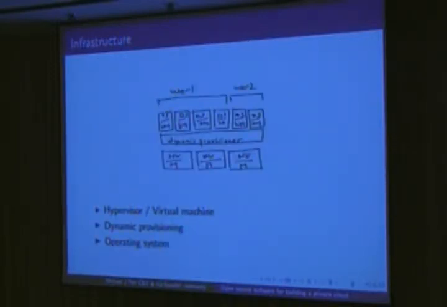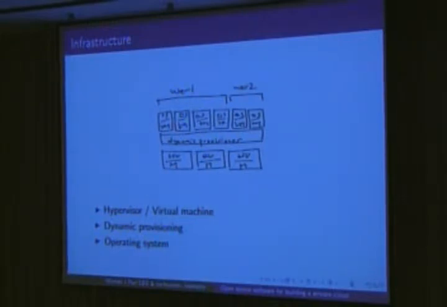Okay, so looking at infrastructure, the infrastructure is really composed of three main things. You have a hypervisor and virtual machine, you have dynamic provisioning functionality, and you have the operating system. So if you look at the image here, at the very bottom, I wrote the M, so that's the actual hardware that you have,